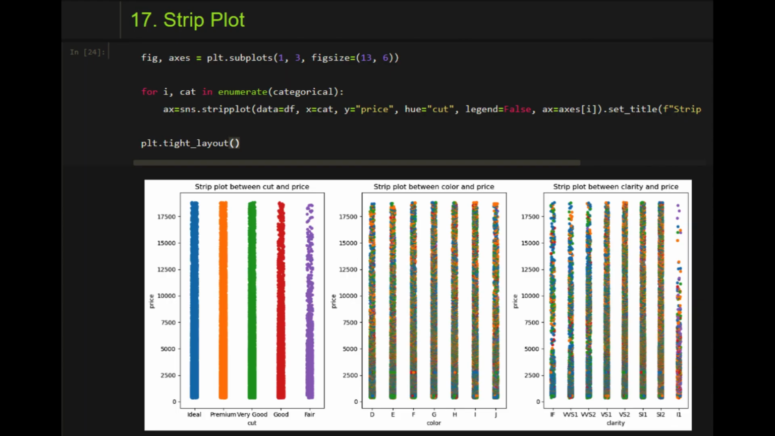Lastly, we are going to create strip plot. In this snippet, we're iterating over a list of categorical variables, categorical, and creating a strip plot for each one. This means we're visualizing the relationship between the categorical variable and the price, with points along the y-axis representing individual data points. The hue parameter is set to cut, which introduces color differentiation for different cut categories. This allows us to discern how the price varies not only with respect to the categorical variable but also within